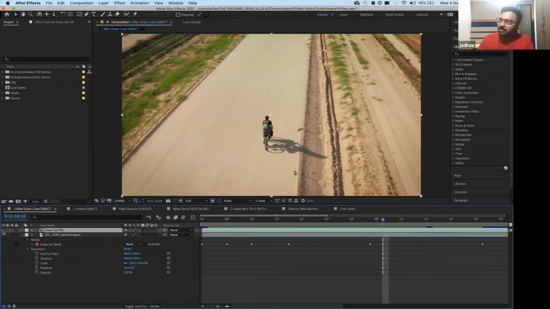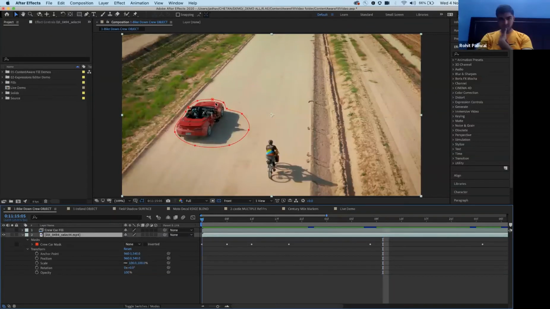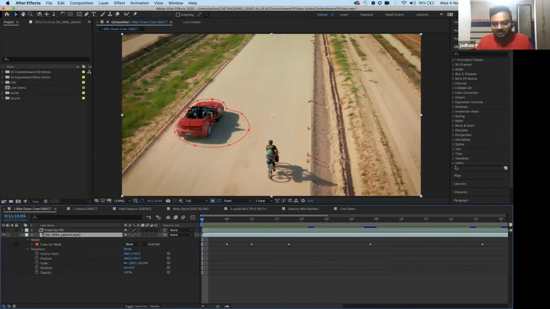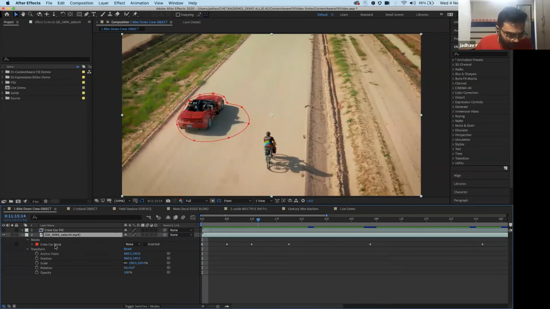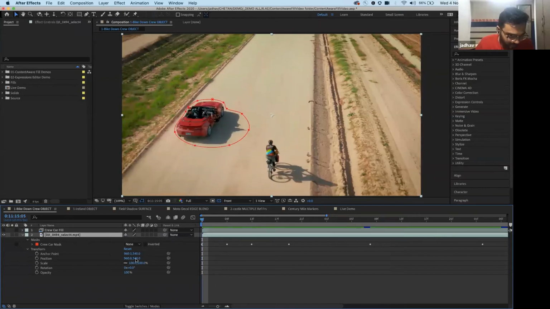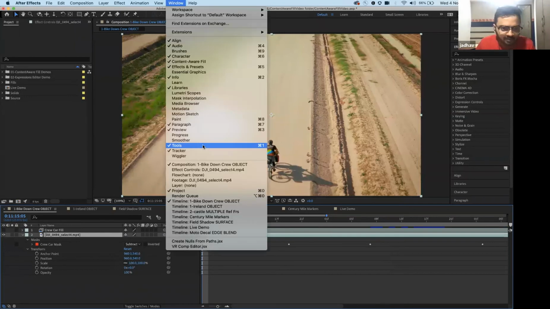So it was pretty simple for me. What I did is that I created a mask around the car. I won't be able to show the complete process, but you understand it. I create a mask here using my pen tool. Then I track the mask on the entire car. So you see the mask is sitting on top of the car. Then I went onto my mask and made it a subtract mask, meaning I created a hole within the video. Then I come to content aware fill for video here, which is already available. If I search content aware fill, yeah, here it is.